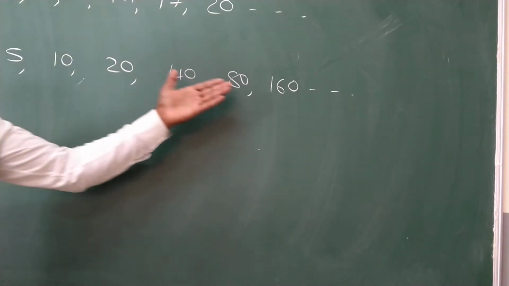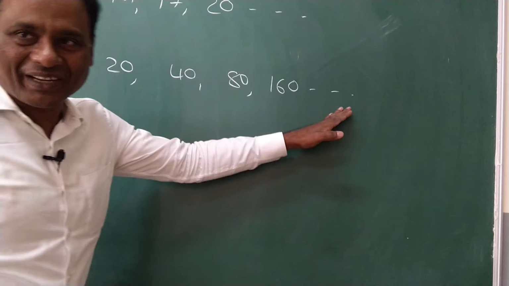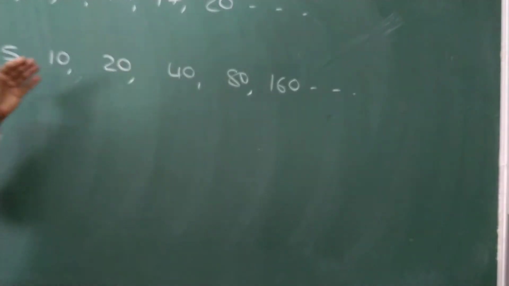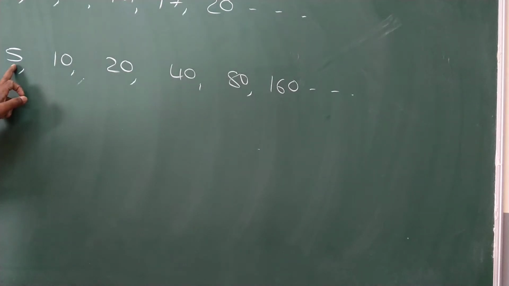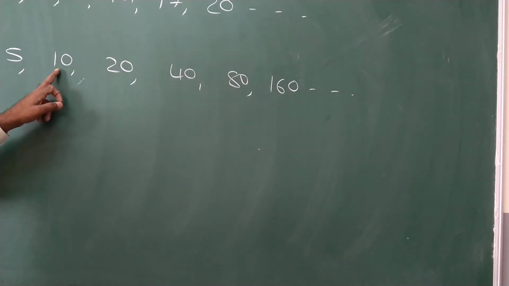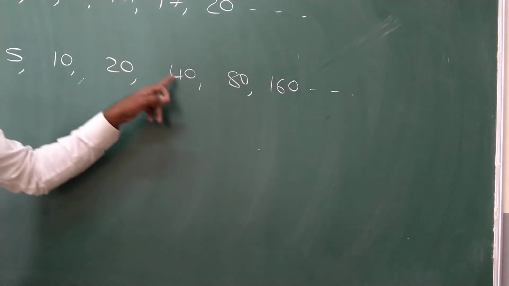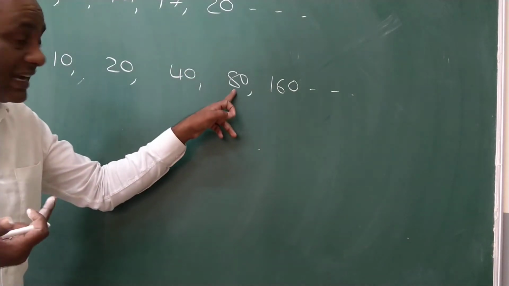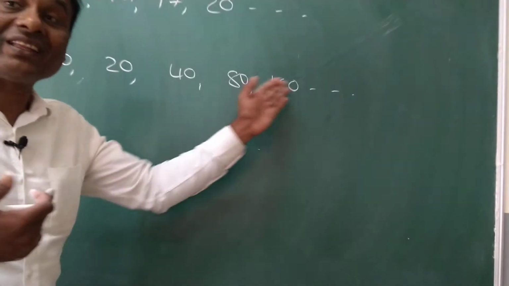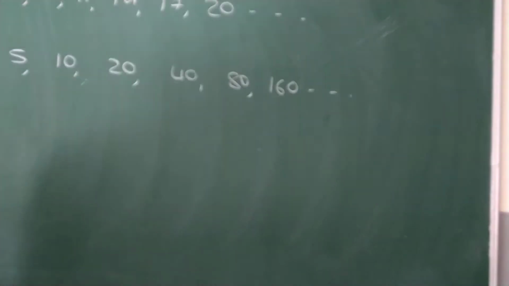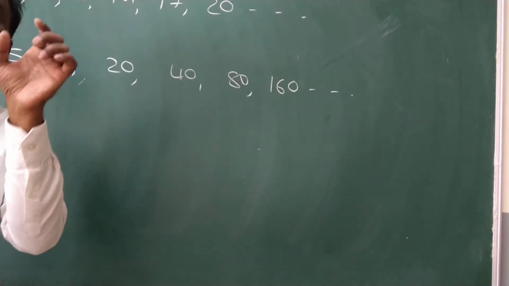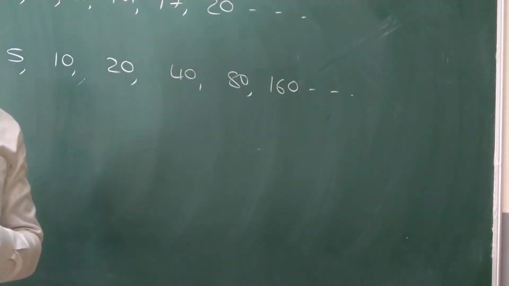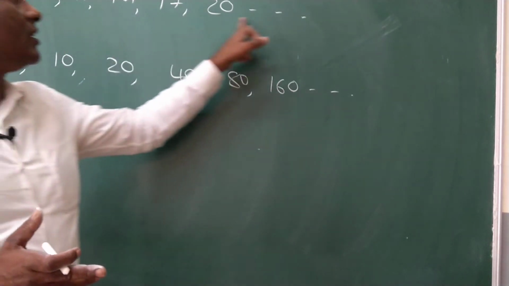Here also, if you observe, you can tell the next number. The rule is multiplied by 2. 5 2s are 10, 10 2s are 20, 20 2s are 40, 40 2s are 80, 80 2s are 160. Like that, it is multiplied by 2. So if the numbers are formed according to a particular rule, a particular formula, then this series is